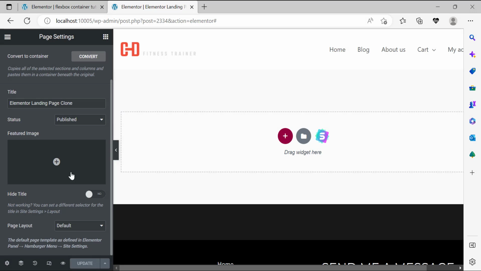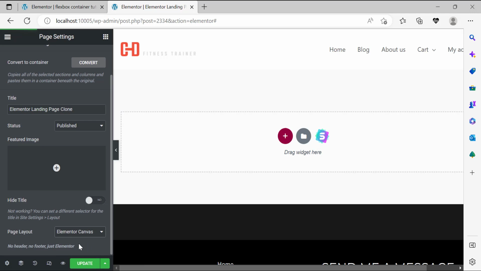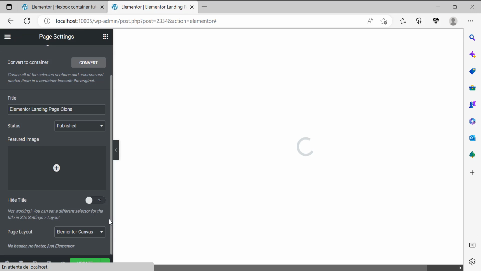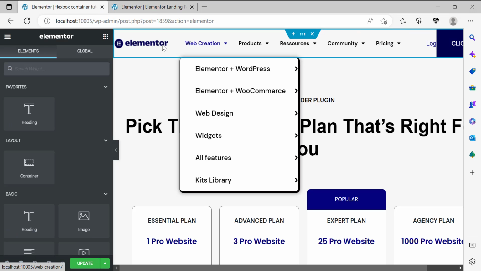Now, over here, we have the page layout. I want you to click on it and then click on Elementor Canvas. Now, just wait for a second here and you'll see that the menu will disappear. And interestingly enough, the menu disappeared along with the footer of the page. So we have no footer and no header, which is optimal for us